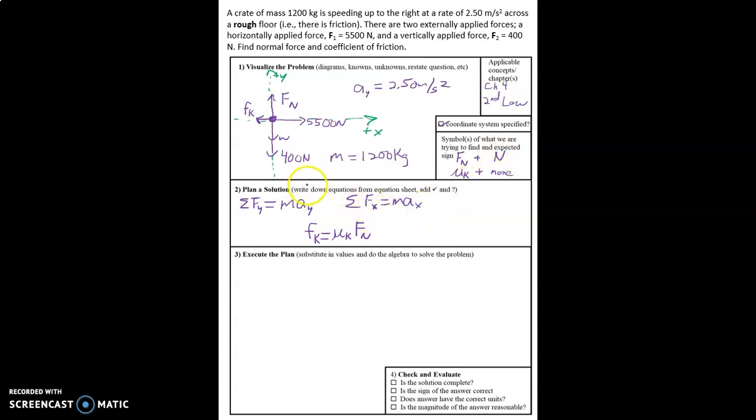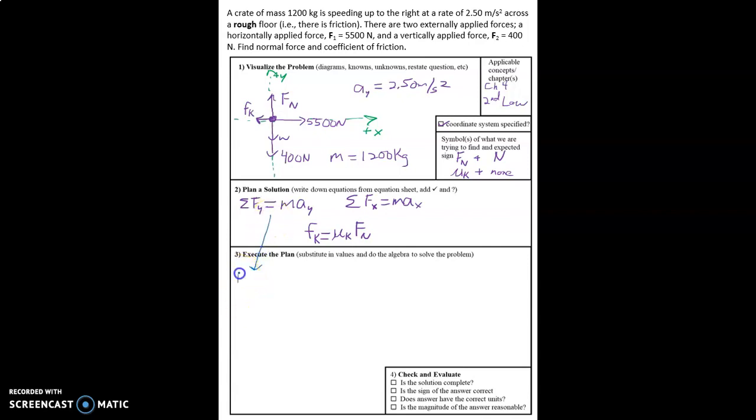As in all of these chapter 4 and 5 problems, we're using Newton's second law. There's only one object of interest here, which is the crate. We also have this additional kinetic friction equation. So let's go ahead and get started. We're going to take this equation